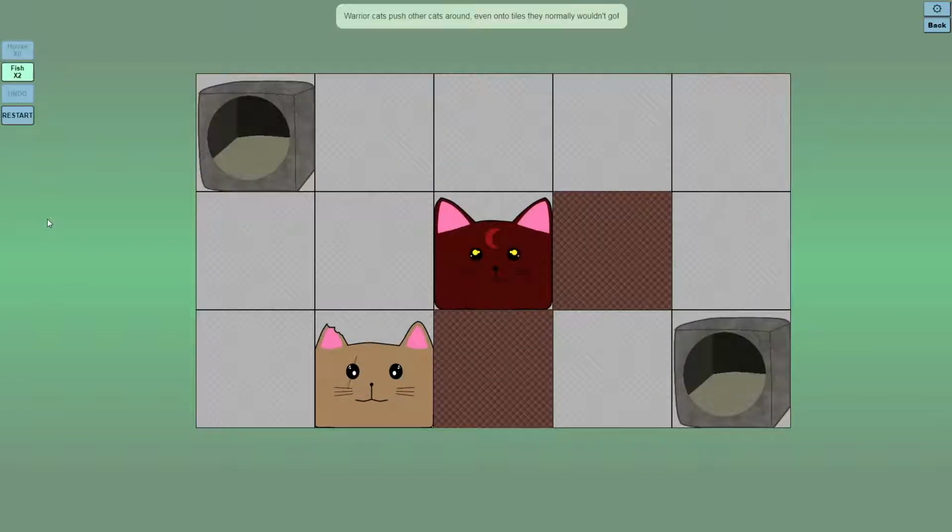Warrior cats push other cats around, even onto tiles they normally wouldn't go. Interesting. Warrior cats. So I assume that they just move the one tile in the cardinal directions. Fish X2. I have no idea what to do here. Like I can bait the moon cat over here and then it'll go... Oh wait, no. The moon cat, I assume the moon cat only moves diagonally. It can't move in the cardinals. I'm actually not sure about that, so that would be nice to know, but